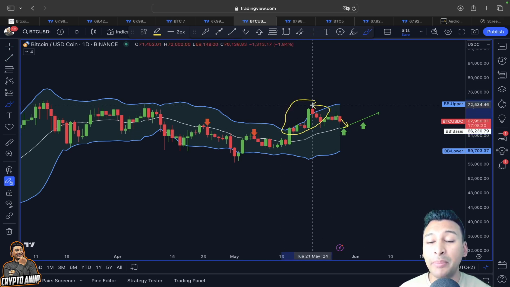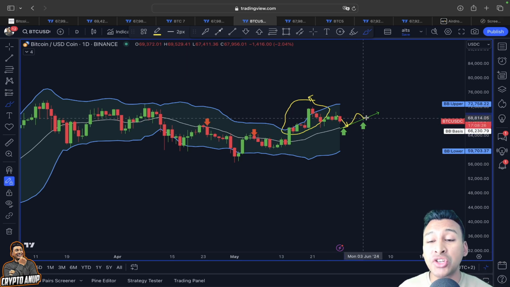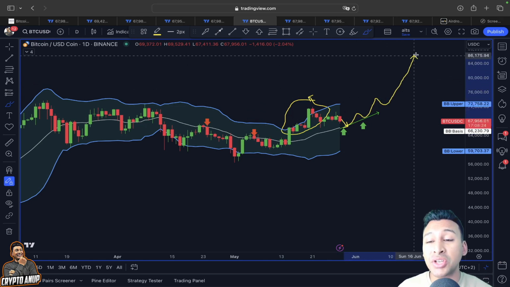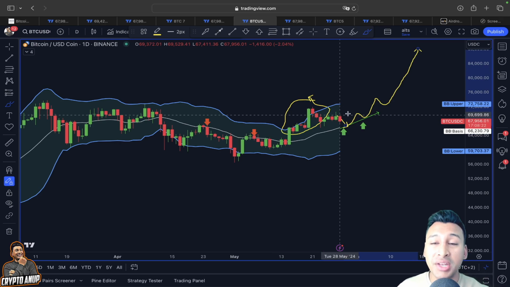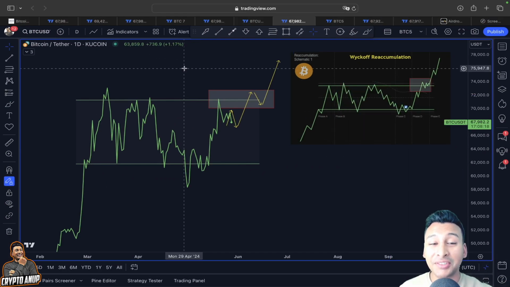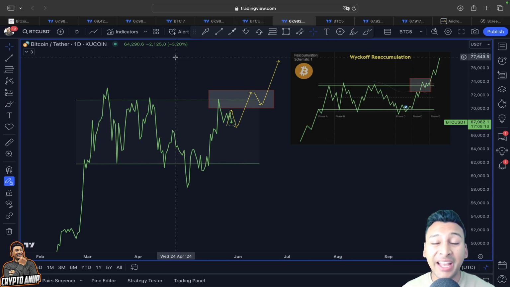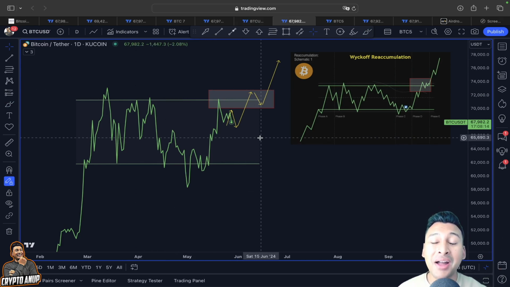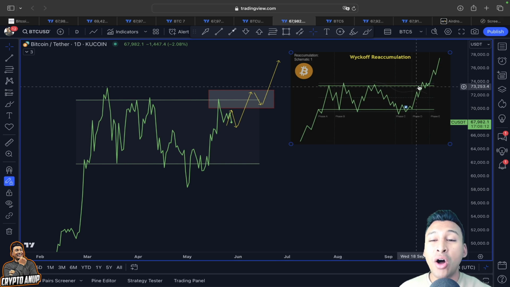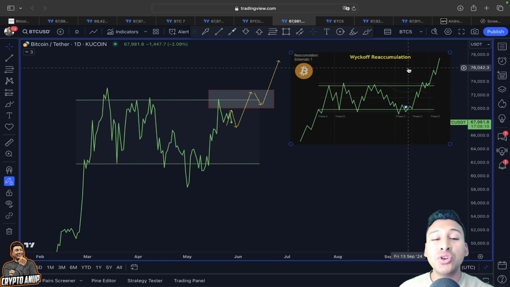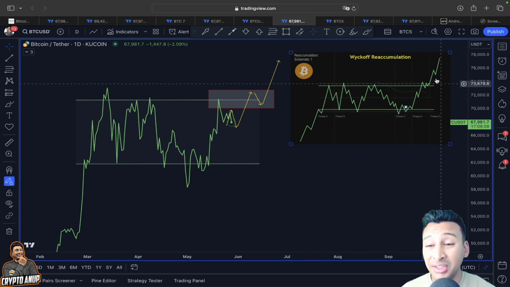Yes guys, that's why any sort of pullback in the medium short term, since the price of Bitcoin has also broken the upper band, which happens only during uptrend, right, this pullback could be very short-lived, and price after some shakeout is expected to show another continuation here like this, because we know this sideways movement, fake outs, ups and downs in the market is very normal according to this Wyckoff's reaccumulation phase,